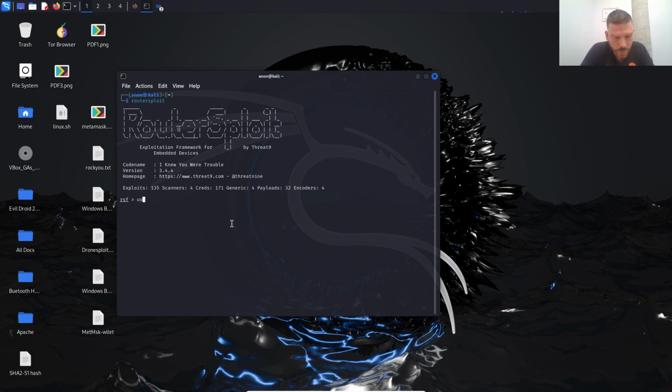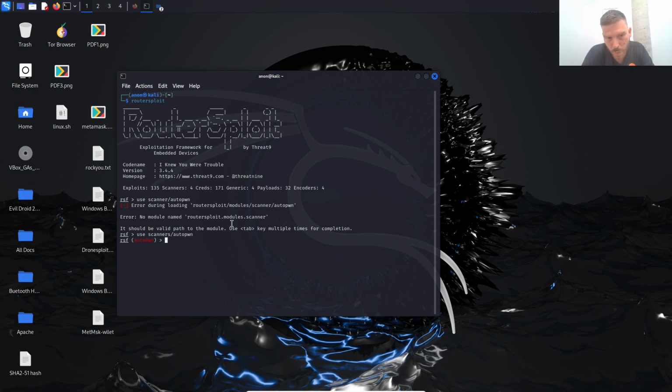So use scanners/autopwn. Oops, what am I doing wrong? Oh, scanners, not scanner. See what I mean? Use scanners, not scanner, or else it's not going to work. Boom, that worked. Now, we're using the exploit that basically just automatically tests every single exploit and vulnerability against the router. So now we're going to set the target, and it's going to be the IP address of your router,